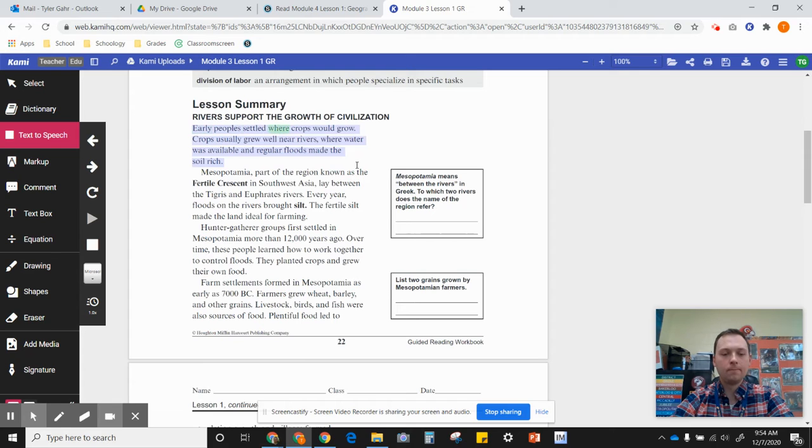Early people settled where crops would grow. Crops usually grew well near rivers, where water was available and regular floods made the